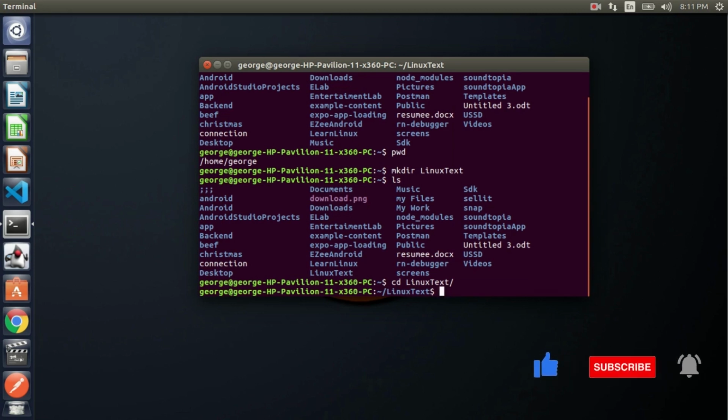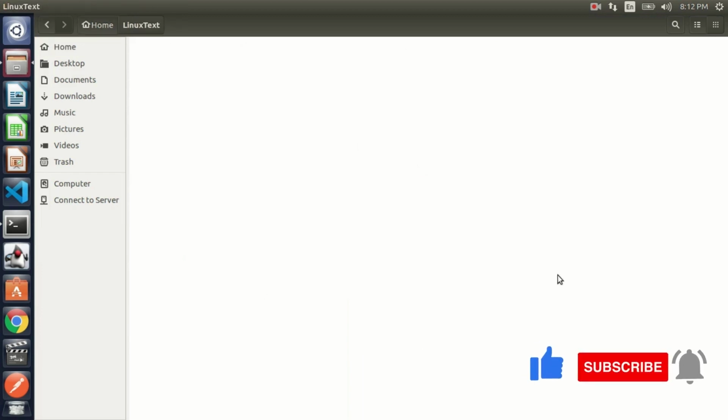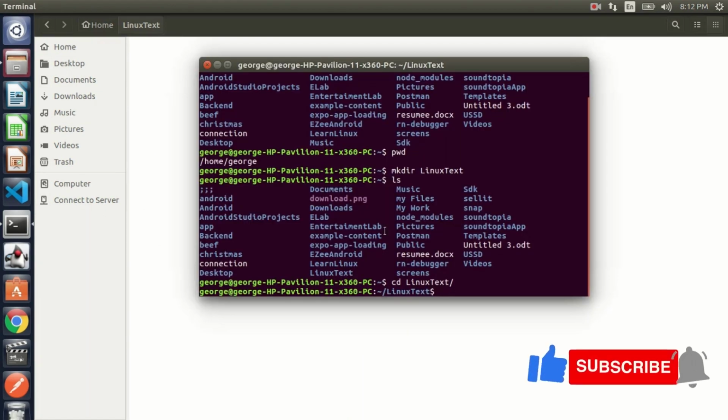So we're going to be learning how to create a file within this directory. How do you create a file within the Linux text directory? First, let's use a GUI to go to that directory and make sure it is empty. So let's go there, Linux text. Now you see it is all empty here. So we want to use the terminal to put a file there, right? So we do